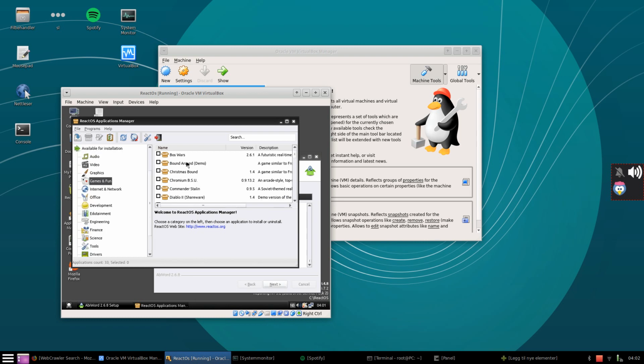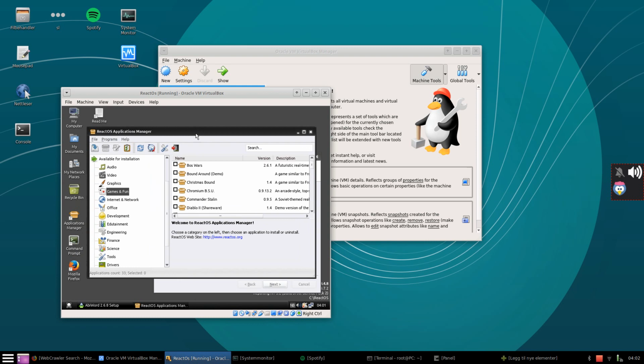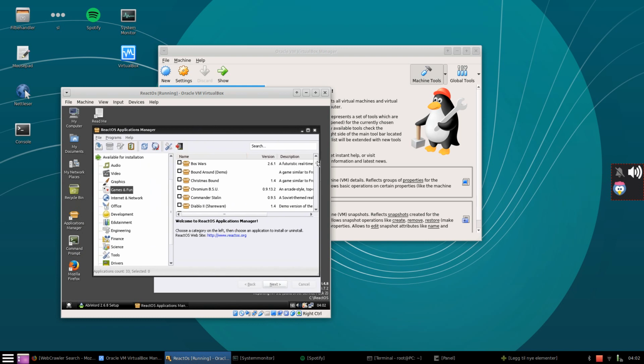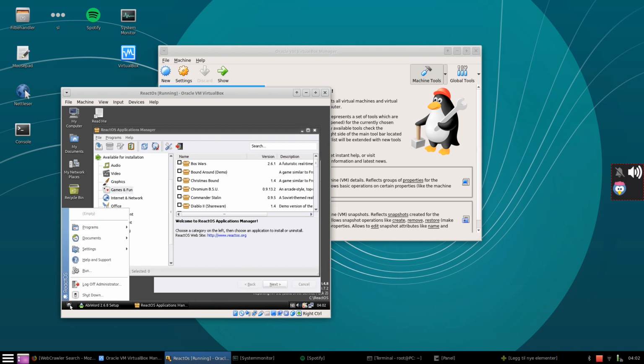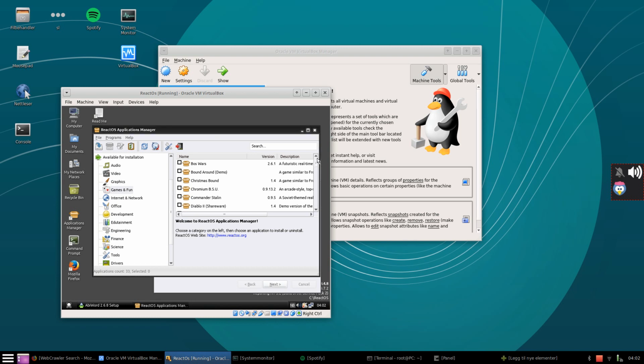But it's open source, and if you know someone that swears to using this kind of system, you might convince them to use ReactOS to switch out their Windows XP or whatever they're using with this. And I know